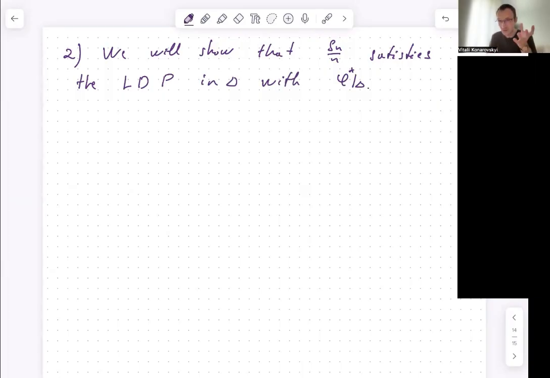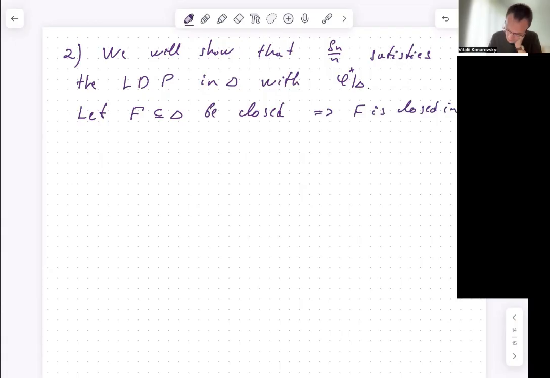For that, we need to show the upper bound and the lower bound. Upper bound for closed sets: let F, a subset of delta, be closed. But you remember that delta is also a closed subset of R^d. So this implies that F is closed